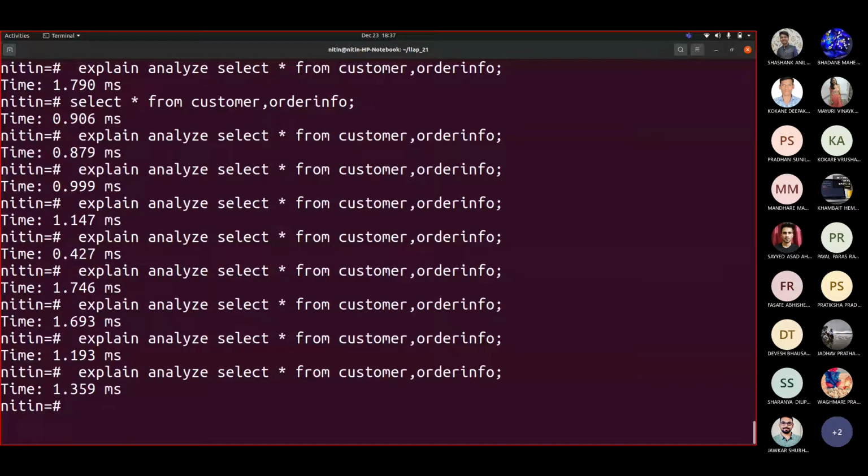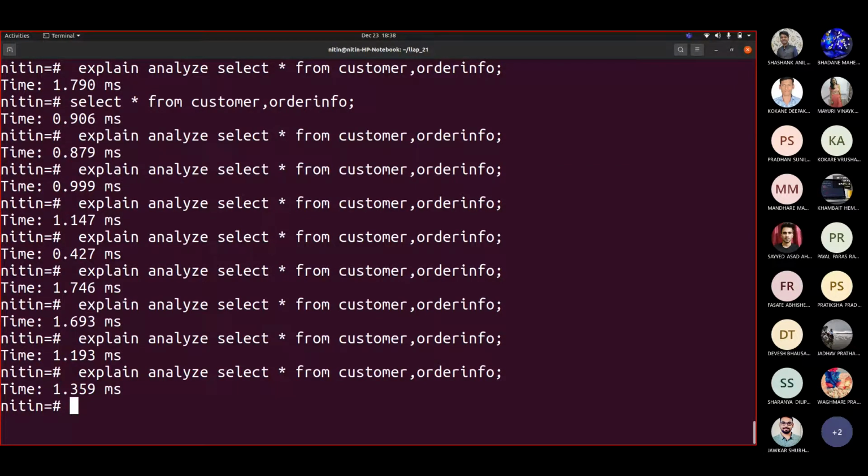Then definitely the question comes to mind: how exactly should we finalize whether my query is optimized or not? Correct, because you don't have any control on the system. Why I'm saying so is because generally your applications have a database and there are multiple programs trying to access that database. When that happens, you don't know what other things are going on, even on the database server. So maybe your database backup is going on currently. That's why you are not going to get the kind of support that a system should have provided to you.